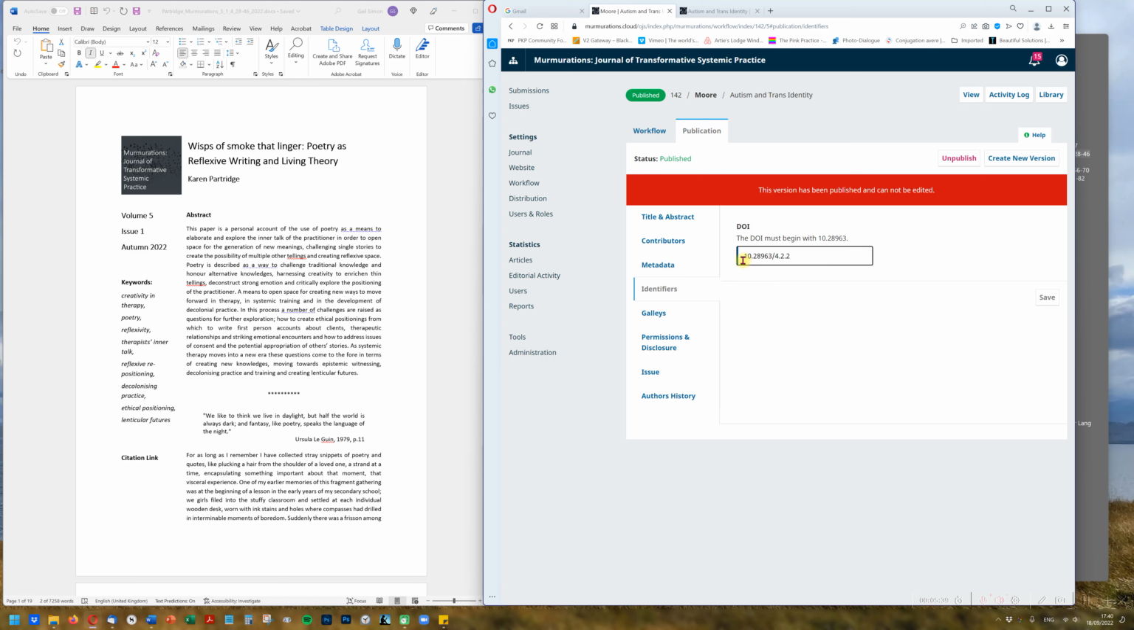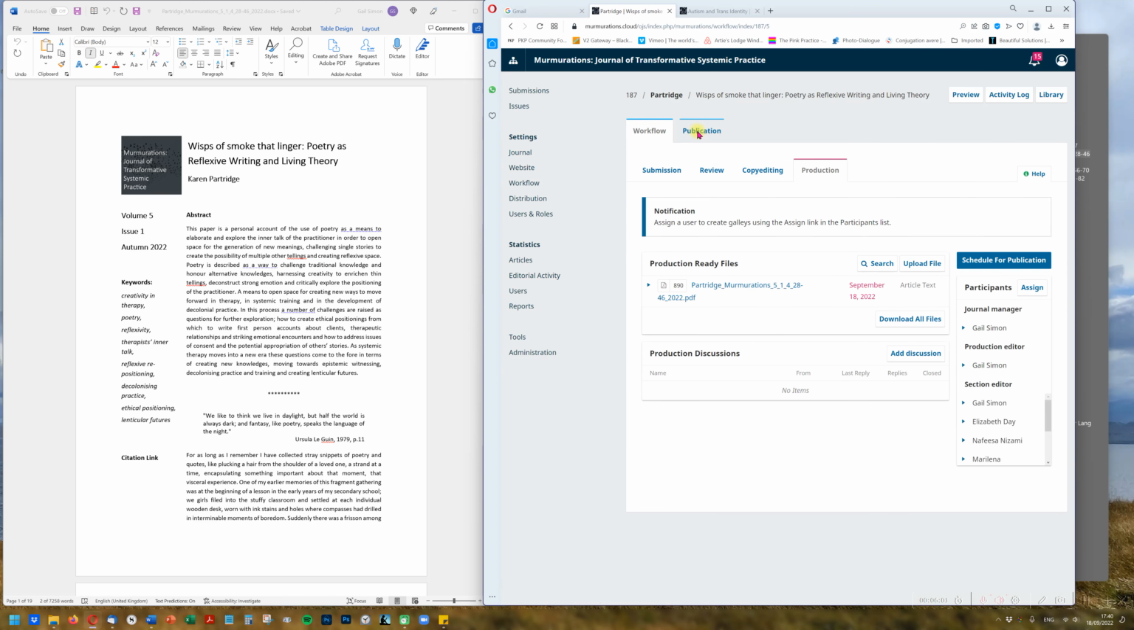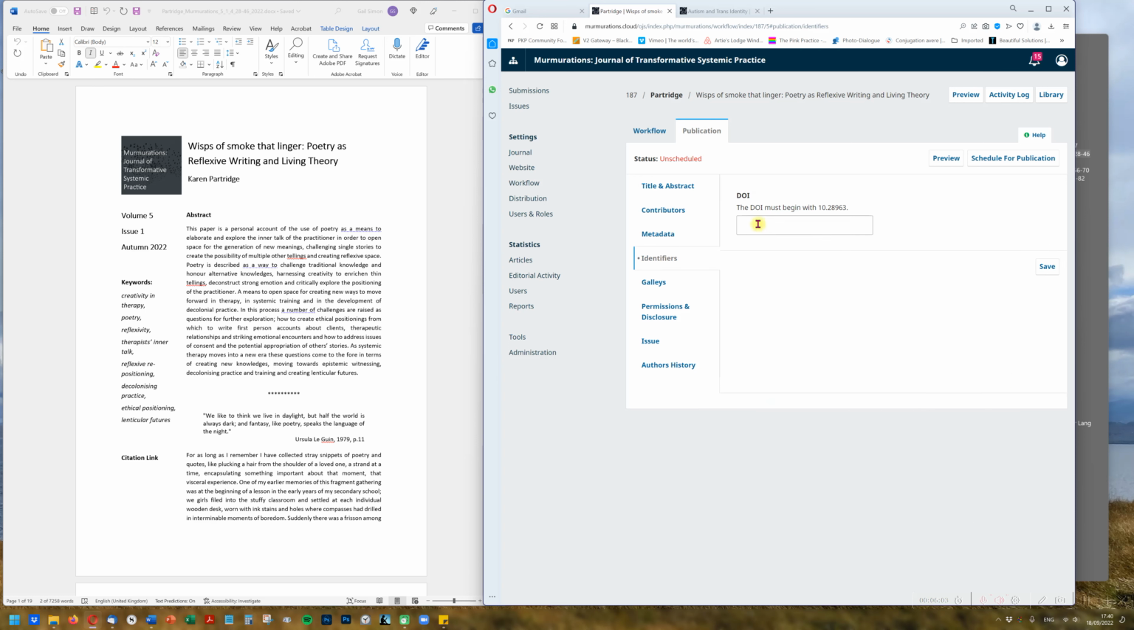So you know that it's our unique Murmurations number with a / afterwards, then the volume and the issue number and the paper number, because it's the paper number that adds the place that you want to land. So we're going back to, who was it? Oh yes, Partridge. View, publication, identifiers. So this is the correct one, but it's paper number 4 because it's, well, it's DOI number 4 because it's